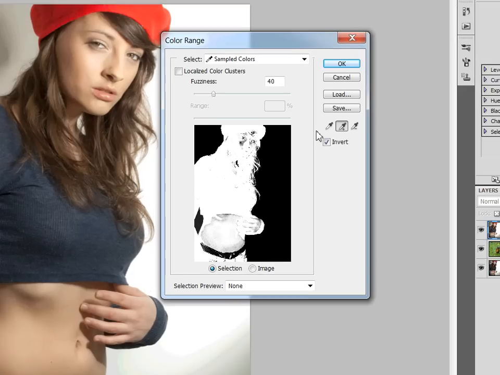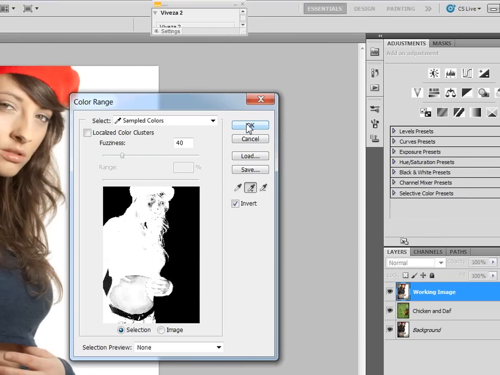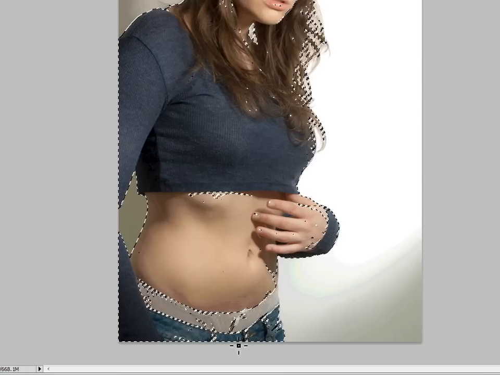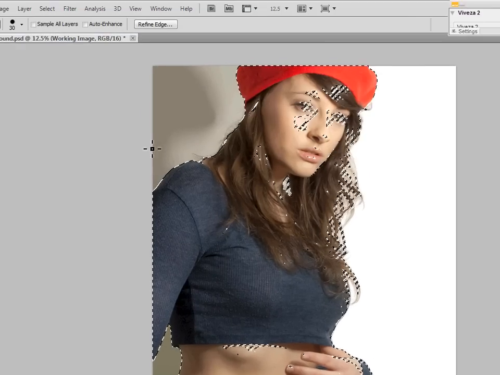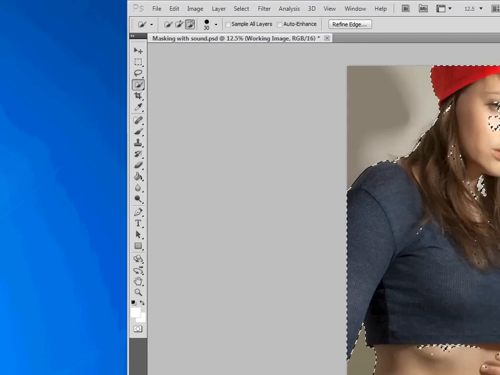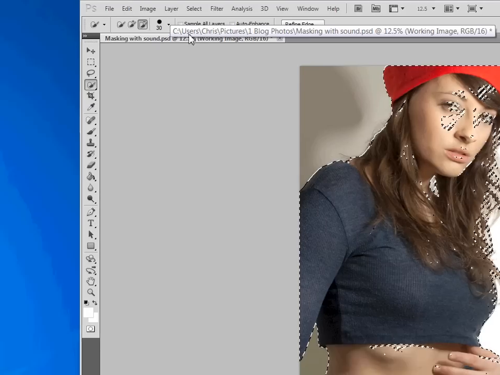Selected it all. Now, as you can see, it's selected a little bit more of the image than we want, but we can go back in now and change that. There we are. As you can see, a little bit more than we want, but we can go in with this little tool here,